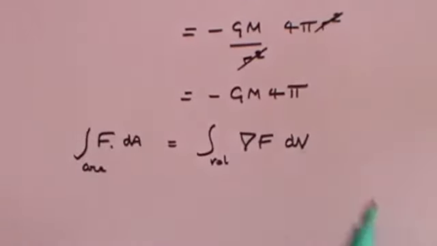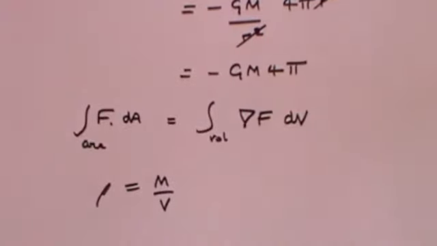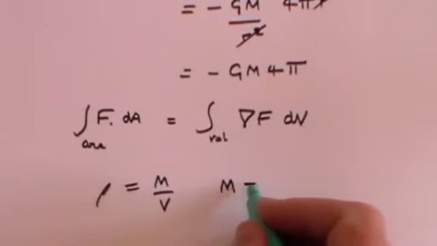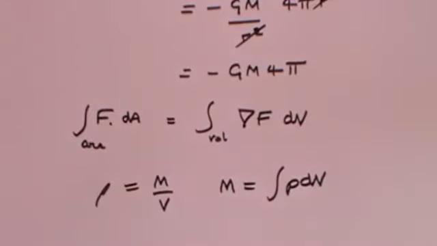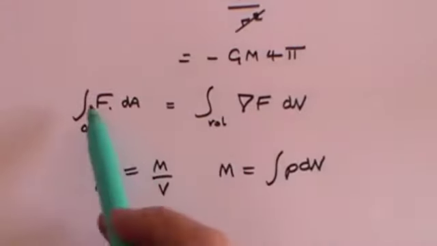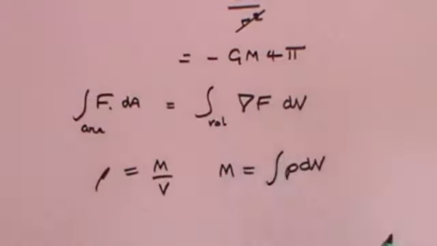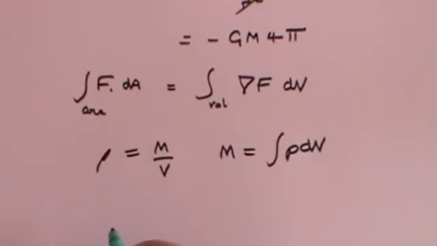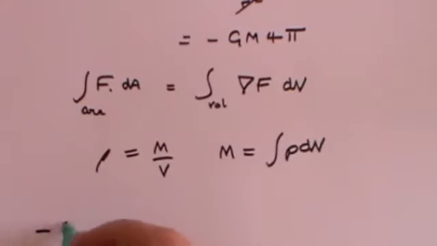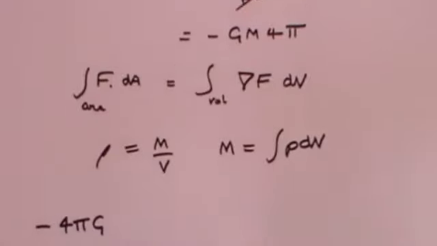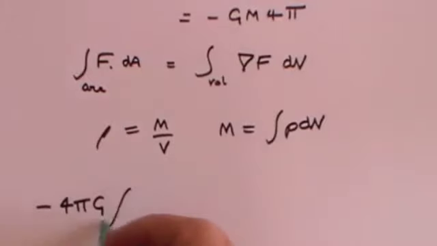I also just want to remind you that density is mass divided by volume, and that therefore you can say that the mass of an object will be the integral of the density with respect to volume. So now I'm going to take f dot dA, which we calculated to be this term, and set it equal to this term. So you've now got that f dot dA is 4 pi g times m, or more accurately minus 4 pi g times m, but for m I'm going to use the integral of rho dv,